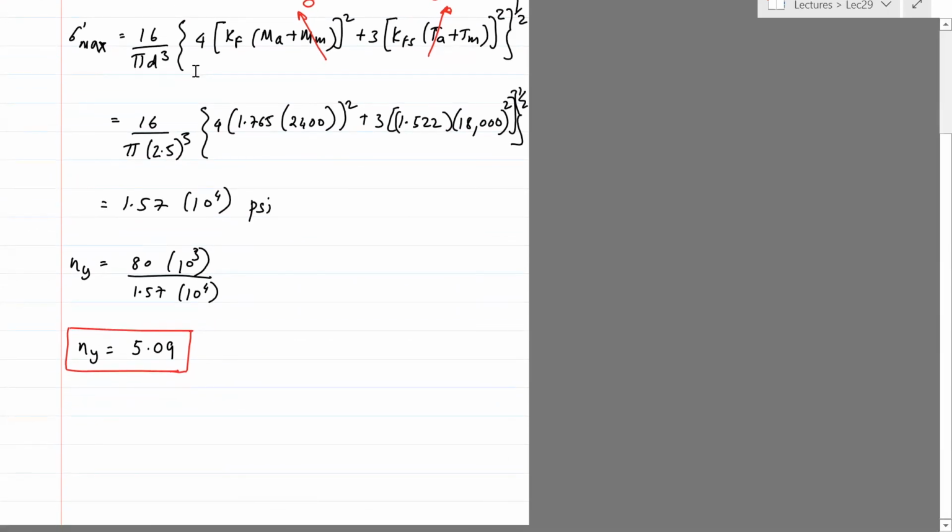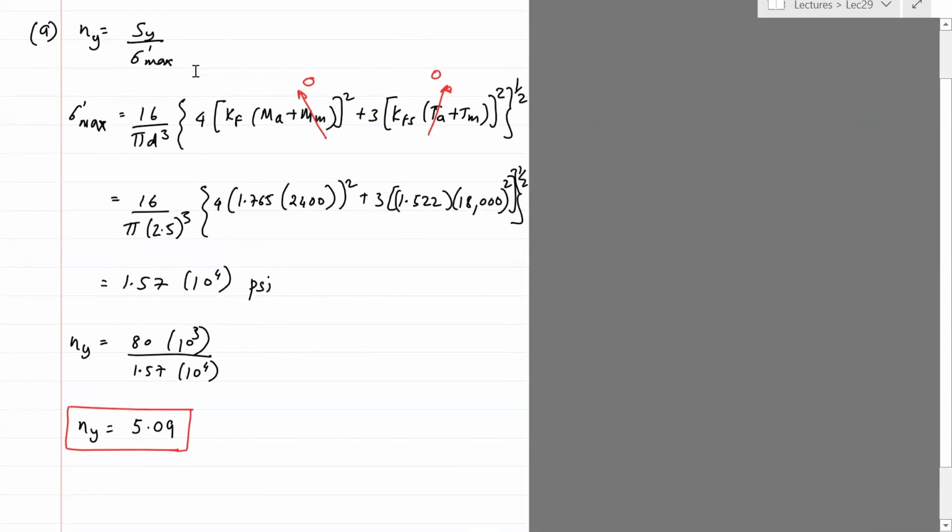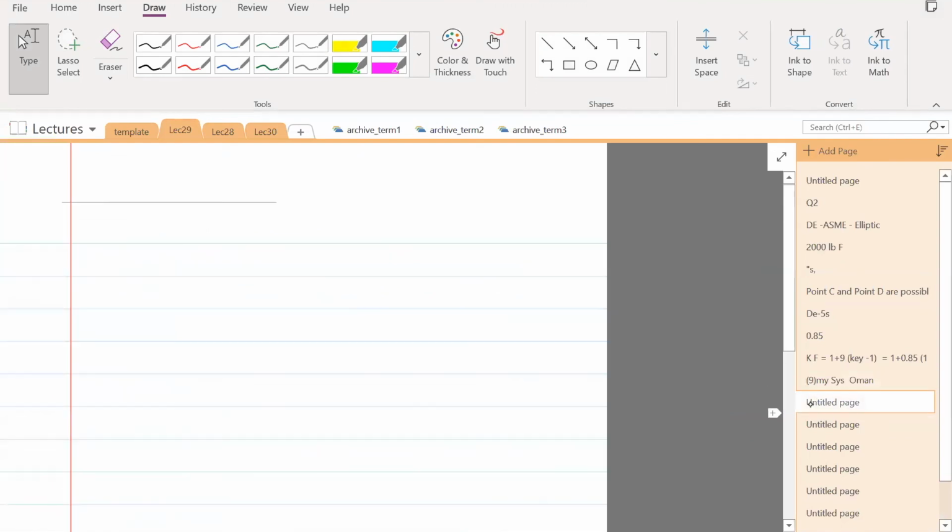Okay, and then let's do the second part, which is computing the factor of safety, assuming it can be semi-elliptic. So part B. Let's start on the formula. Again, pretty long. 1 divided by n equals